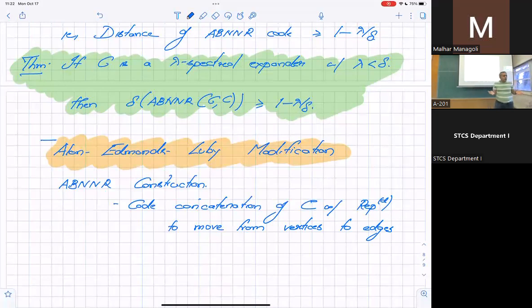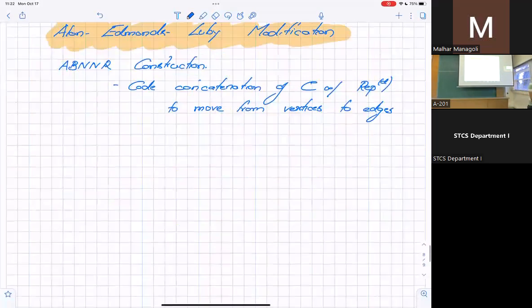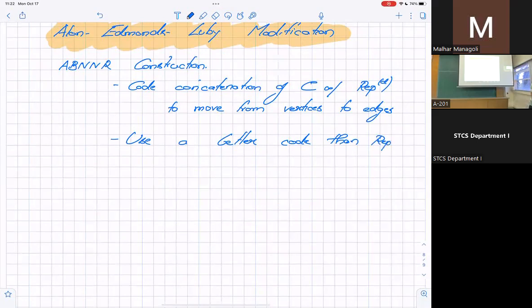Why should you use the repetition code? This has horrible rate. Use a code which has good rate. So their idea is to use a better code than repetition. Say we use a small code C0, which takes sigma to